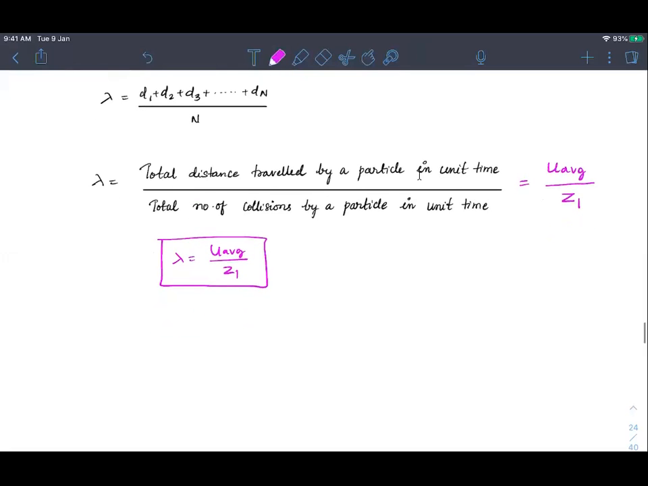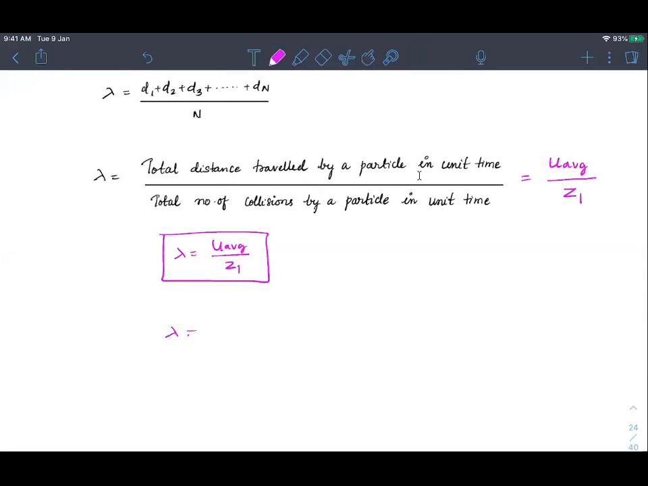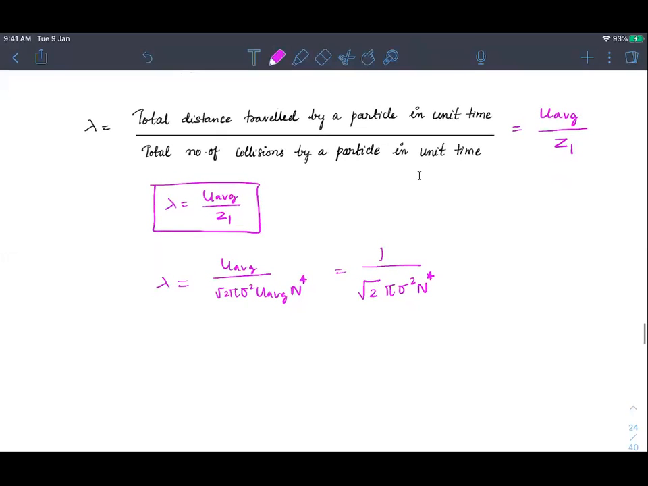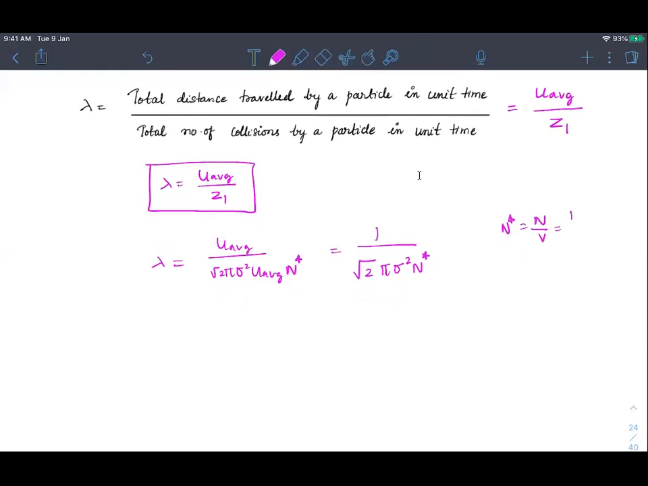Okay. And we know the value of Z1 already. So U average divided by root 2, pi sigma square U average into n star. So U average will cancel. I will be left with 1 by root 2 pi sigma square and n star. N star is nothing but n by v, and I can replace that with p by